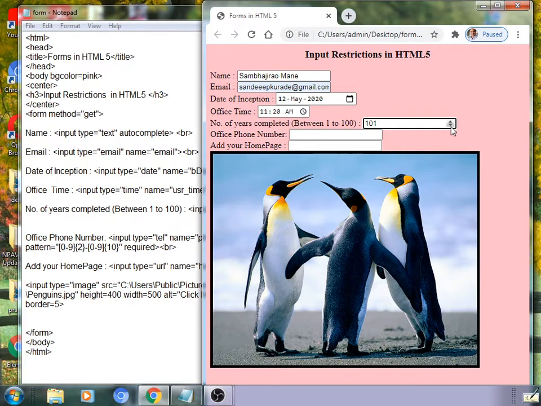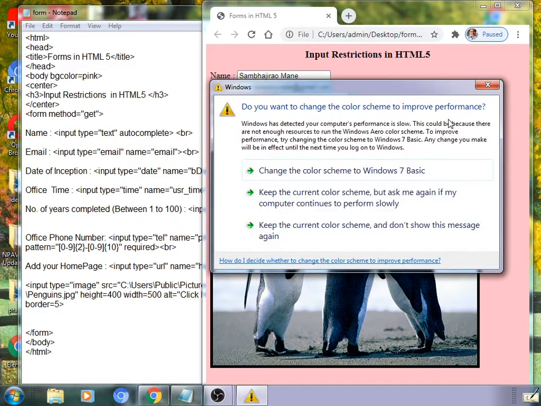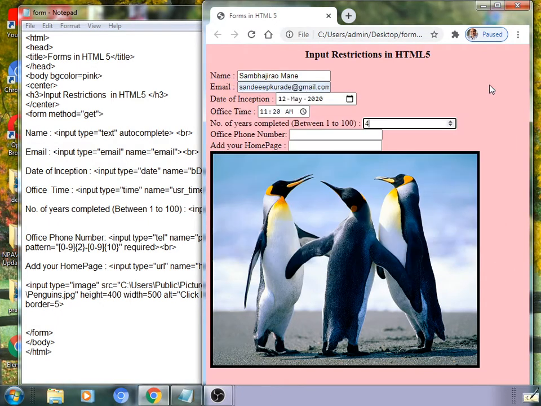See here, it is going on decreasing like this. By default its value is 0, and when you click on the downward arrow, it displays negative numbers. See here, -1, -2, -3 and so on. So, it can be increased from 0 as well as decreased from a certain current number or by default from 0.